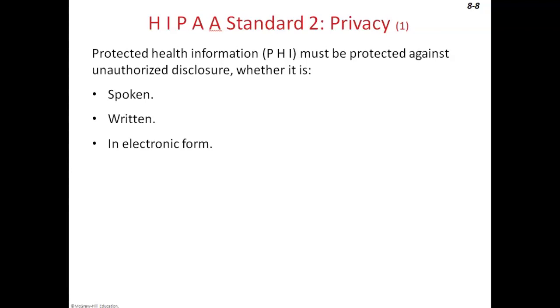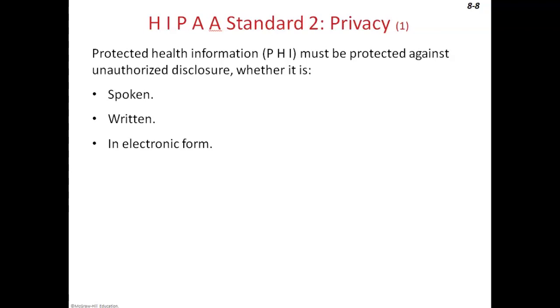Sometimes these identifiers are simple things that you wouldn't even think about. You could refer to a patient as the one that has purple hair. Well, if a family member is walking past and they know their patient or their family has purple hair, they are likely to believe you are talking about their family member.